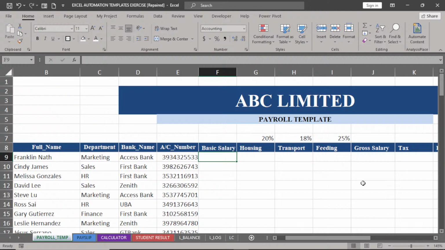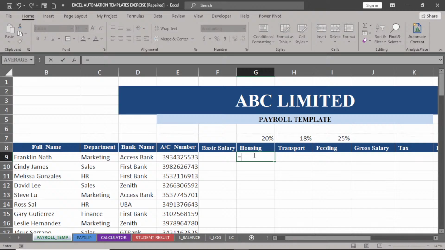Let's move on. Now for housing, let's take for example, for the housing allowance, the company is giving 20% of the basic. That your housing allowance is 20% of your basic. The transport allowance is 18% of your basic salary. Feeding allowance is 25% of your basic salary. Now, to calculate the allowance, we can now say equals to basic salary times